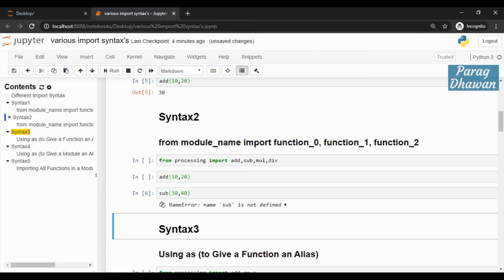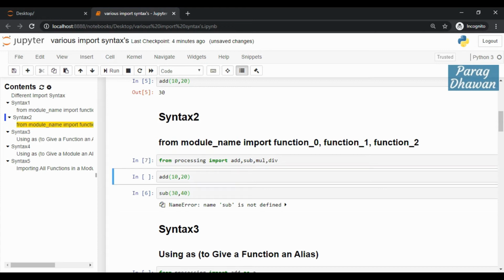For example, from module name import function 1, in this case add, subtract, multiply, divide. So we will have add, subtract, multiply, divide available directly, and we can use them.